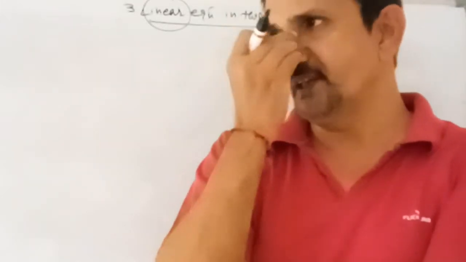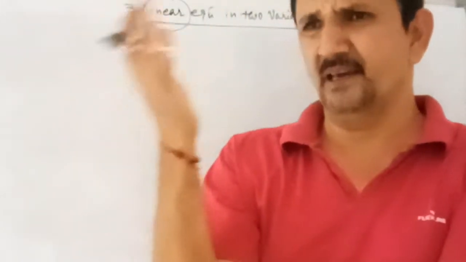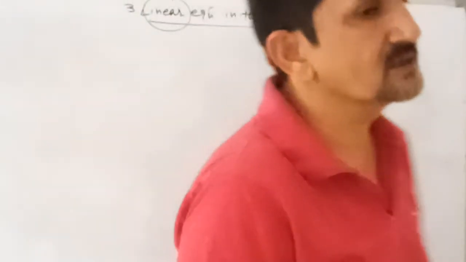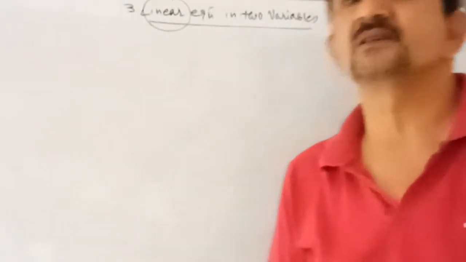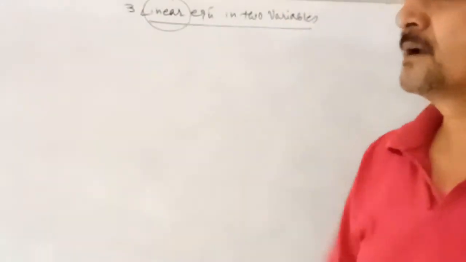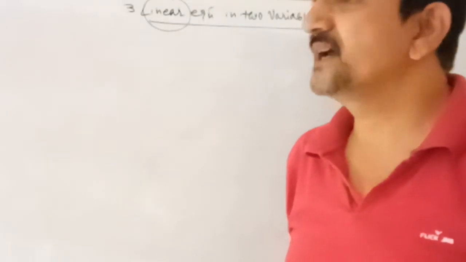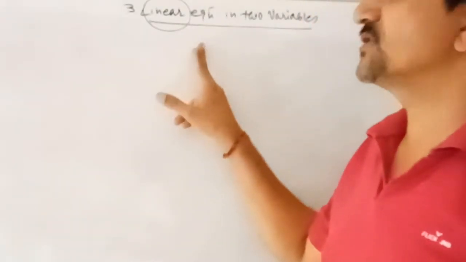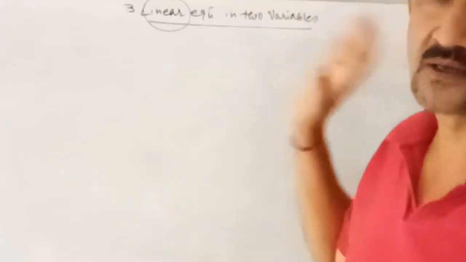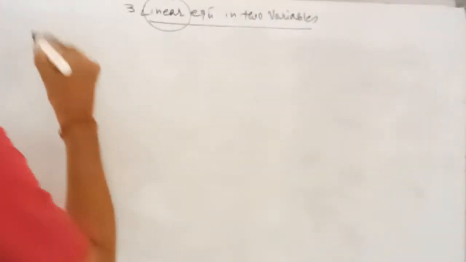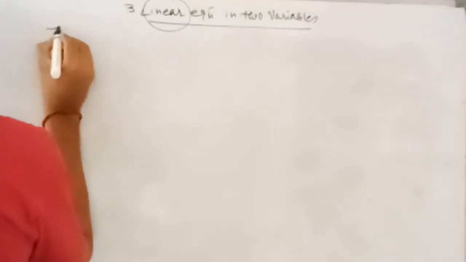Variable means either x, y, a, b, whatever we are using. So the power of the variable is 1. If it is 2, then we can say it is a quadratic equation, and 3 means it is a cubic equation. These types of equations we have studied earlier in 9th standard. Linear equation in two variables, so two variables are needed. For example, we consider